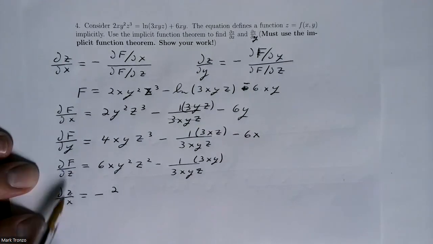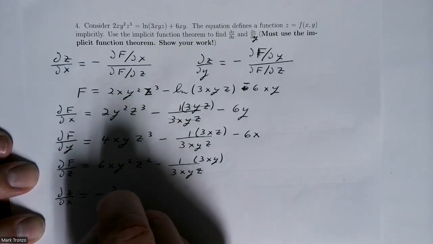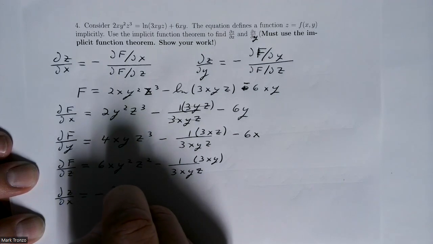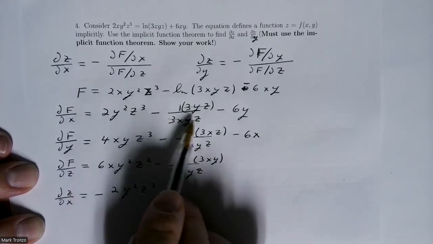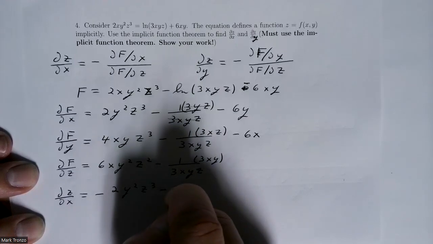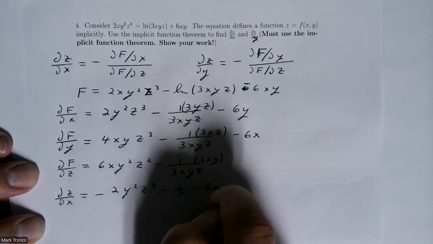So we put df dx in. We can make this minus in front, and it's going to be y squared z cubed, and cancel over here to be minus 1 over x minus 6y